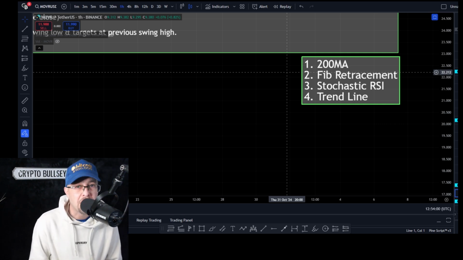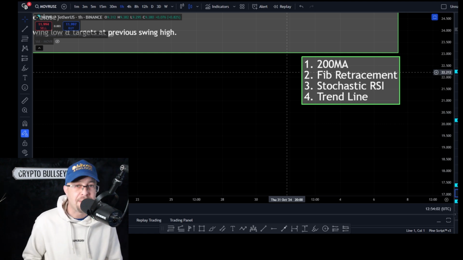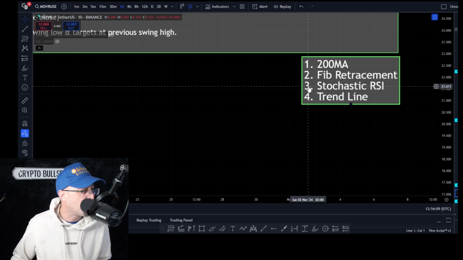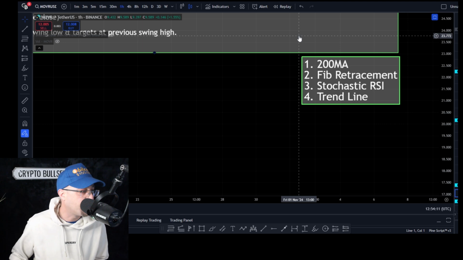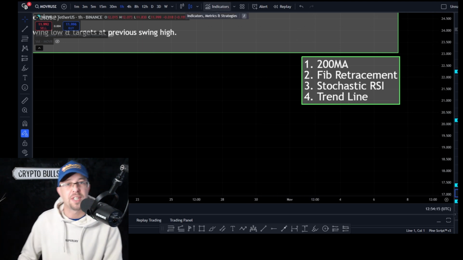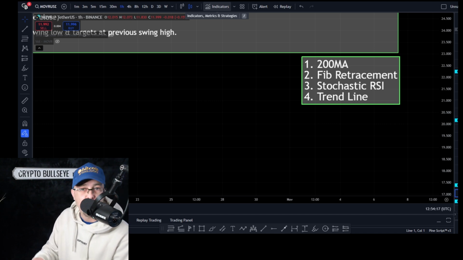So the first thing that we're going to do is we're going to simplify this. We're going to add our indicators on there. Our indicators are going to be the tools to allow us to know whether we can move on to the next step. And the first one that we're going to do is the 200 daily moving average. Why is that important? I'll add the indicator on first, but the 200 daily moving average is our metric to identify whether we're bullish or whether we're bearish.